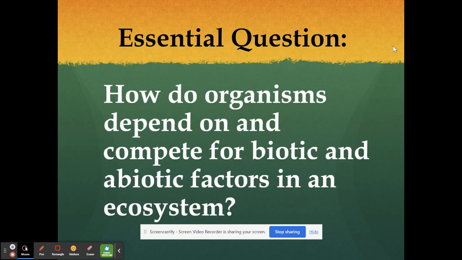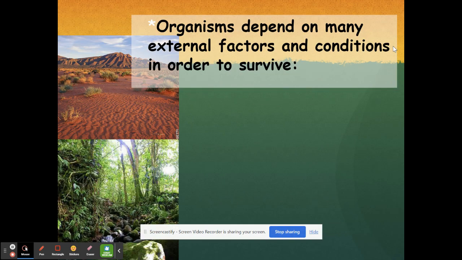Now, the very first thing that I want to do is really explain to you about an ecosystem, right? An ecosystem is an area that contains both living and non-living things. The living and the non-living things work together to create this environment. Now, whenever we talk about the biotic factors or the abiotic factors, I need you to understand what that means,